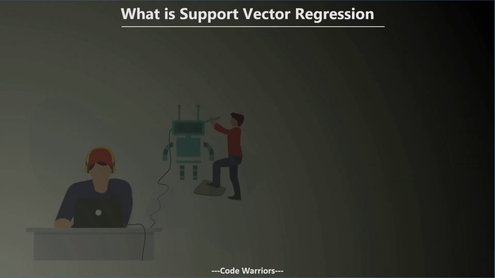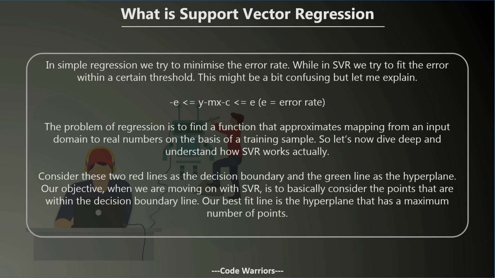So we need to understand what support vector regression is in order to understand how it works. Now the second step is what is support vector regression. In order to understand, we need to think that in simple linear regression, they try to fit the data with the minimum error rate possible, using the equation y = mx + c, fitting the data as much as possible so that the error rate will be minimized, or as low as possible, right?